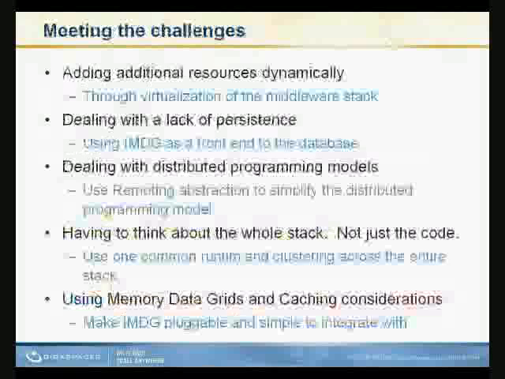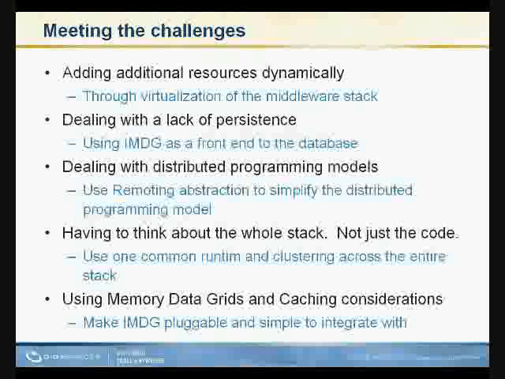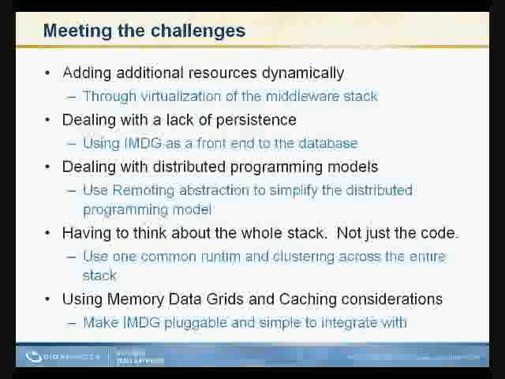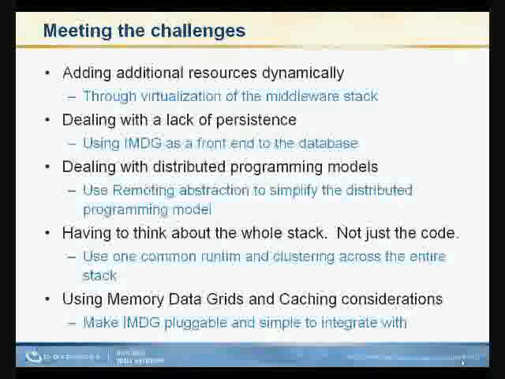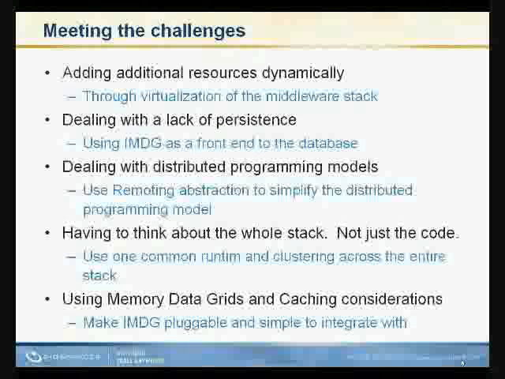So I tried to map here, from an architecture perspective, what are the tools and the architecture patterns that we could use to address each of those challenges. And I'll be very generic here because of time, but also because each one of them may require a lot of discussion just on each of the points. But in general, we can deal with the dynamic resources using virtualization, not just on the operating system side, which is what most cloud providers offer today, but also on the middleware side, meaning messaging, data, application, and basically fill in the gap around that. We also need to deal with the lack of persistency by